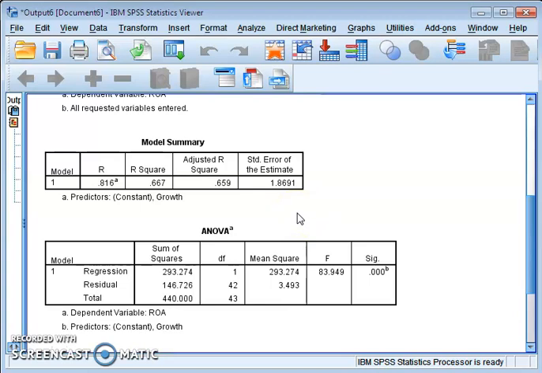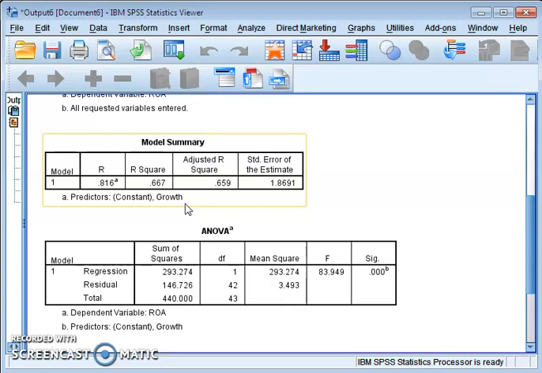This table explains how much variance in the dependent variable can be explained by your model, that is, how much variance in return on assets can be explained with the help of the independent variable, growth. That means how much growth is contributing to return on assets.